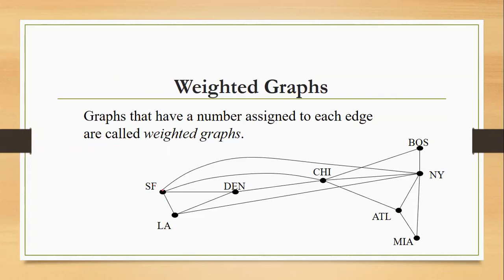So we can have various types of problems. The actual distance between the cities can be shown by writing the distance. Or if I want to write the flight time, how much time it takes to travel between the cities, that can be modeled by writing the flight times on the edges, or even the fares. What is the fare between two different cities? We can even have that kind of problem. Graphs that have a number assigned to each edge are called weighted graphs. This is another type of graph. We have seen directed and undirected graphs, and now we have weighted graphs and unweighted graphs, which don't have weights on them.